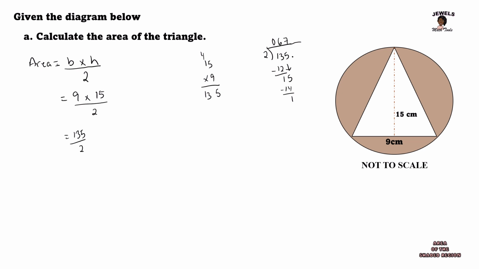And remember, we're working with measurements, so we're going to try to keep that as accurate as possible. So we add in our decimal point, add in a 0, bring down that 0, change 1 into 10. 2 divides into 10 5 times. And 5 times 2 is equal to 10. And 10 minus 10 gives us a difference of 0. So the area of our triangle is equal to 67.5, and that's in centimeters squared. Okay, so now that we have calculated the area of our triangle,